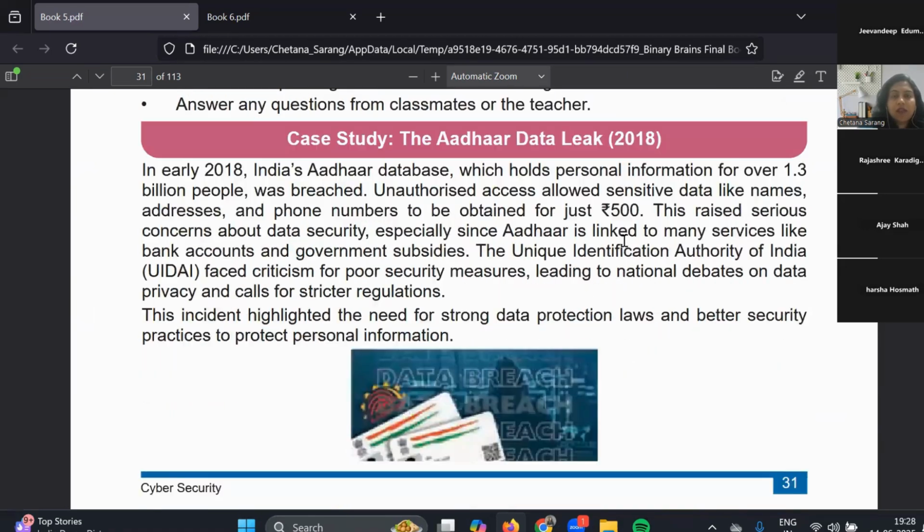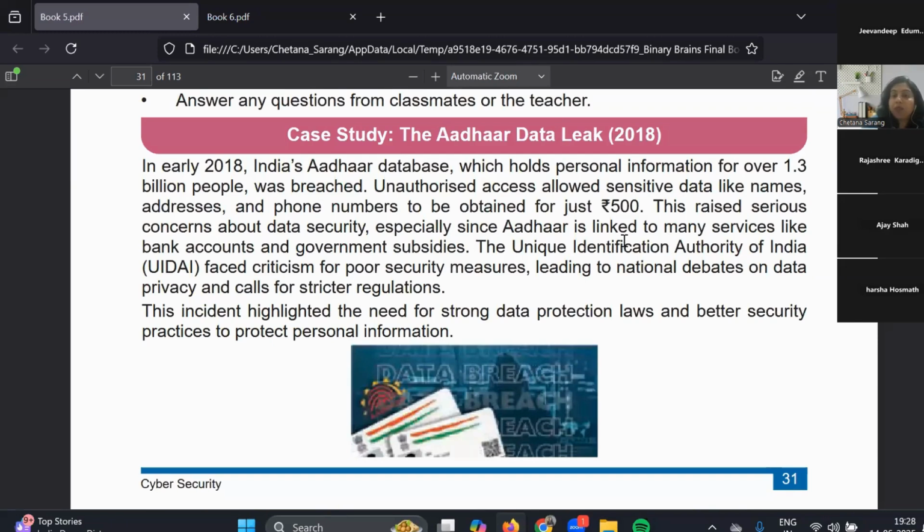So a case study on our own Aadhaar card data leak that happened in 2018. Over 1.3 billion people's data was breached, meaning it was leaked to unknown agencies. Names, addresses, phone numbers were all sold for just 500 rupees, everybody's data. So there was a serious concern about data security, and UIDAI faced serious criticism for poor security measures. It happens even with big organizations, so this is also a message to people,